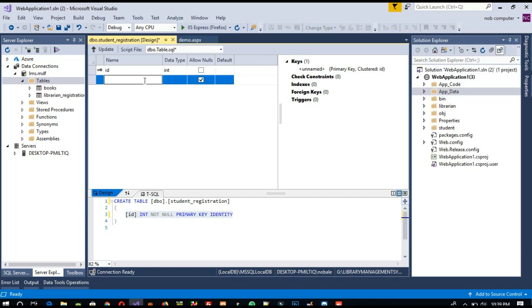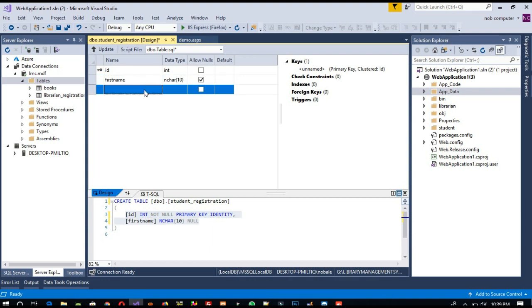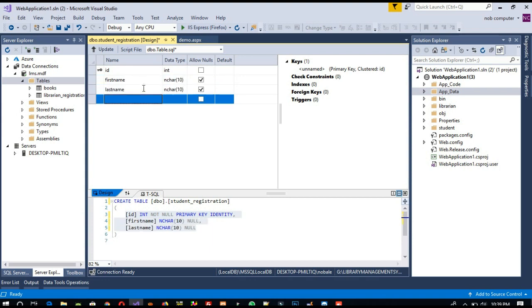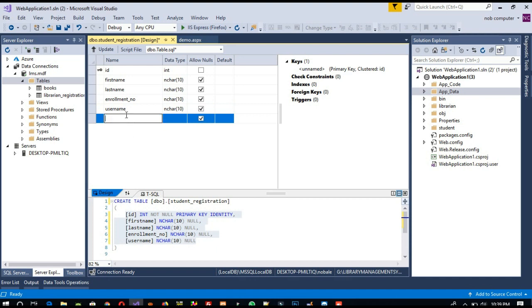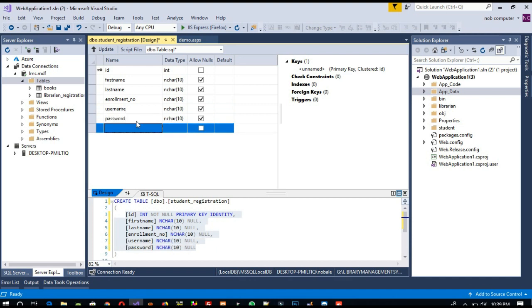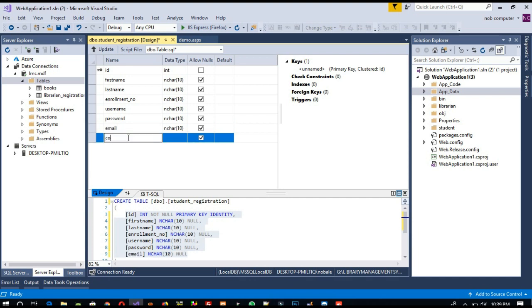Now here we are going to take first name, then last name, then enrollment number, then username, then password, then email, then contact, and after that last